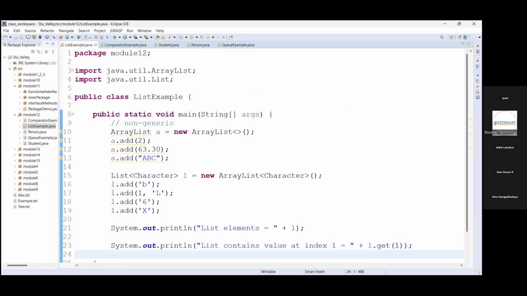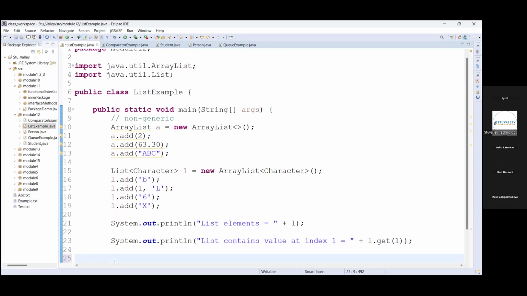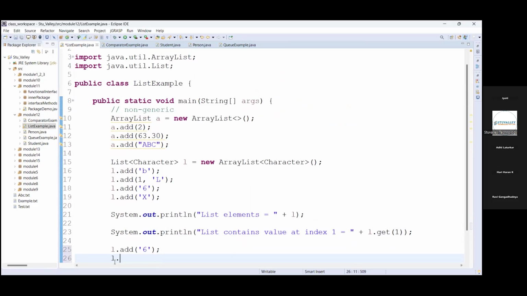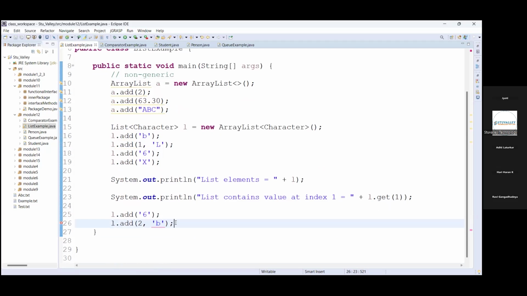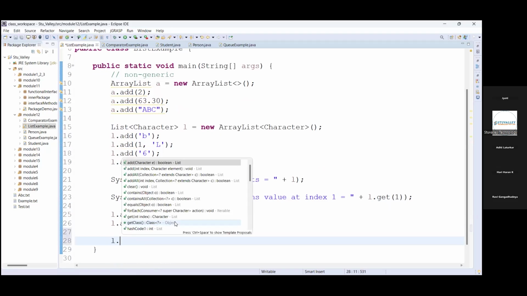Similar to that, if you want to remove the element, now I will add one more element. A duplicate element. Suppose the 6 value I'm adding as a duplicate, and one more value I'm adding as a duplicate. At the second index, I'm giving the index now, and the value should be B. Okay, so 2 duplicate values. And if I try to remove the element,